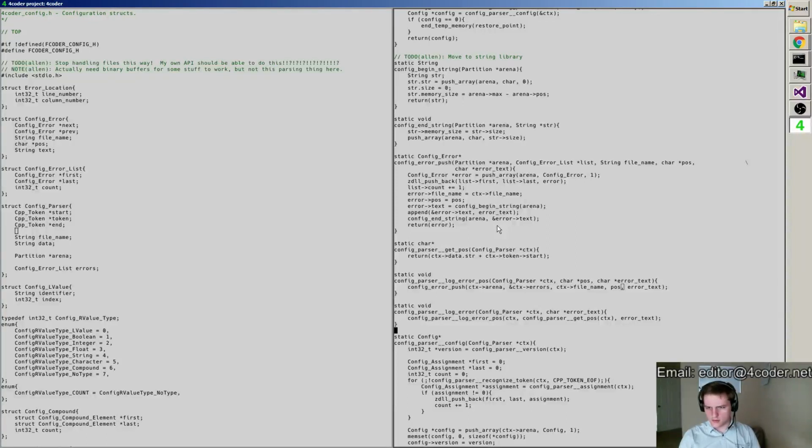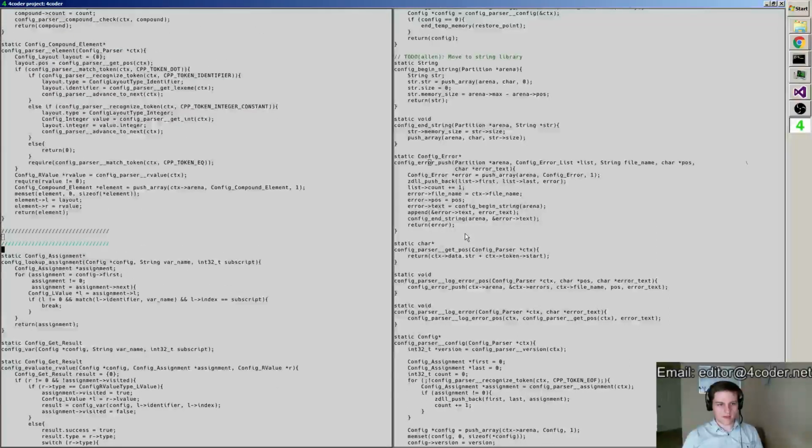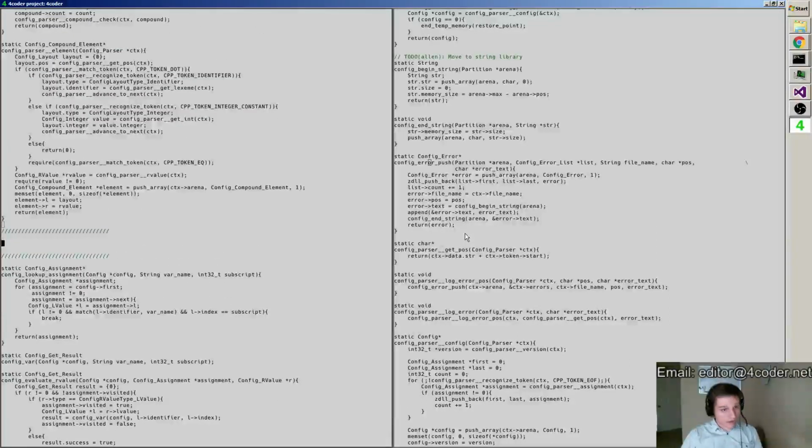This guy still works the same way, and so that's how we log an error when we're using a parser context. But this is how we can log errors always. And so now we can come down here and say, okay, we're now ready to